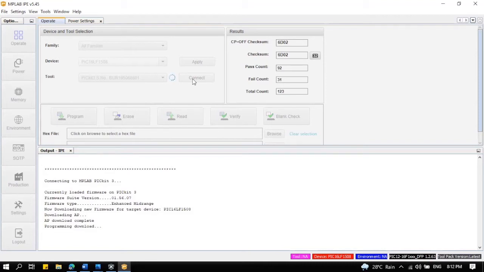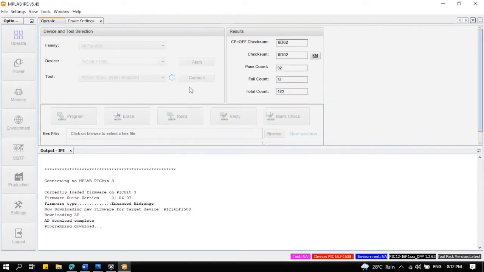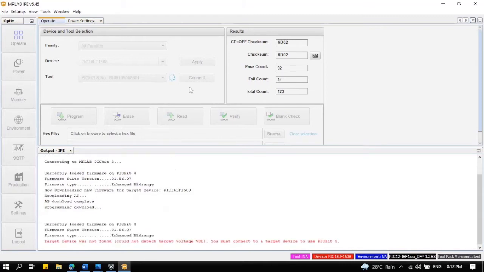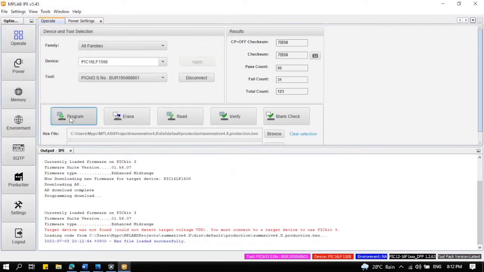Wait for the application to connect to your PICkit device and IC, and after this click on OK and click on browse to browse your hex file there, and program,